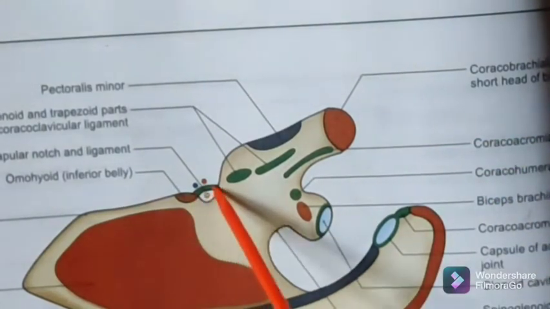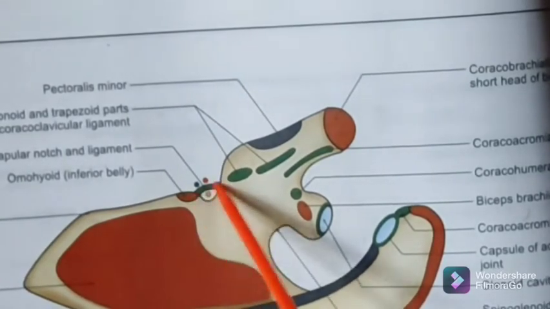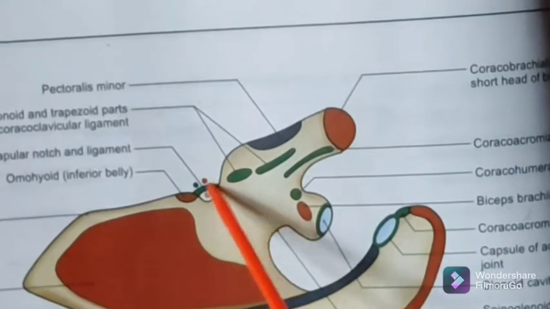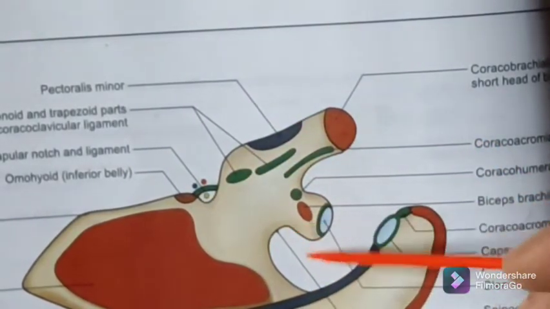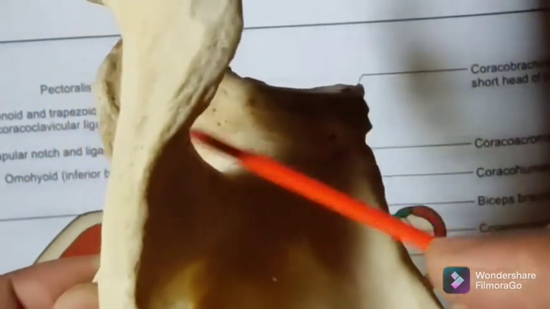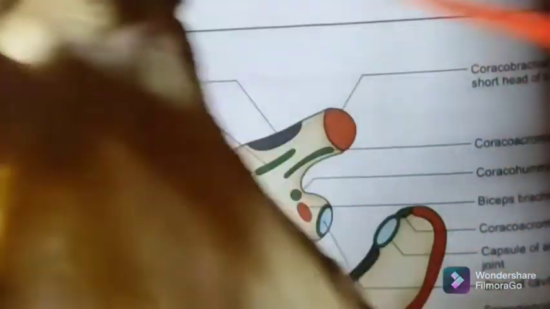See, here is a transverse ligament. It's also called a suprascapular ligament. Now this ligament turns the suprascapular notch into a foramen. Just like it, we may have a spinoglenoid ligament as well over here in the spinoglenoid notch, which will turn it into a foramen. The suprascapular nerve and vessels will pass deep to it. What happens is the suprascapular nerve and vessels supply both the muscles of the supraspinous fossa and the infraspinous fossa.